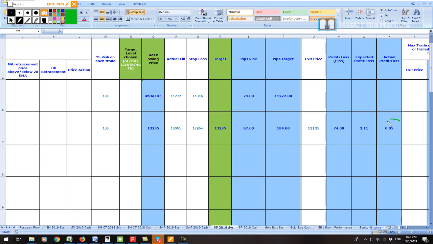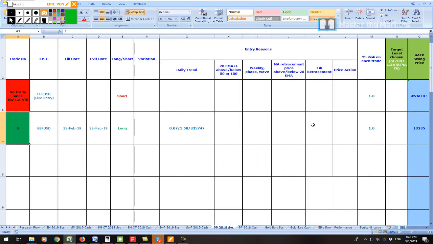at 0.85%. Yes, our profit target was at 2.11 expected, but then according to our exit rules, we had to get out of it. I know the trade did go up much further, as in cable, but do remember it's not about a single trade, it's about cumulative trades. I think this is something we're going to be talking about in RTCT Live, which is coming at the end of this month. So this was taken on 25th February, and a nice move that we took our money on the 25th February itself, just on that day.